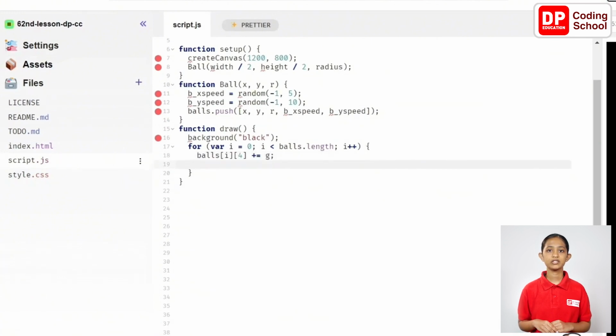plus equal g semicolon. In the next two lines, update speed so that it will increase for the horizontal position and the vertical position. balls within square brackets i within square brackets 0 plus equal balls within square brackets i within square brackets 3 semicolon. balls within square brackets i within square brackets 1 plus equal balls within square brackets i within square brackets 4